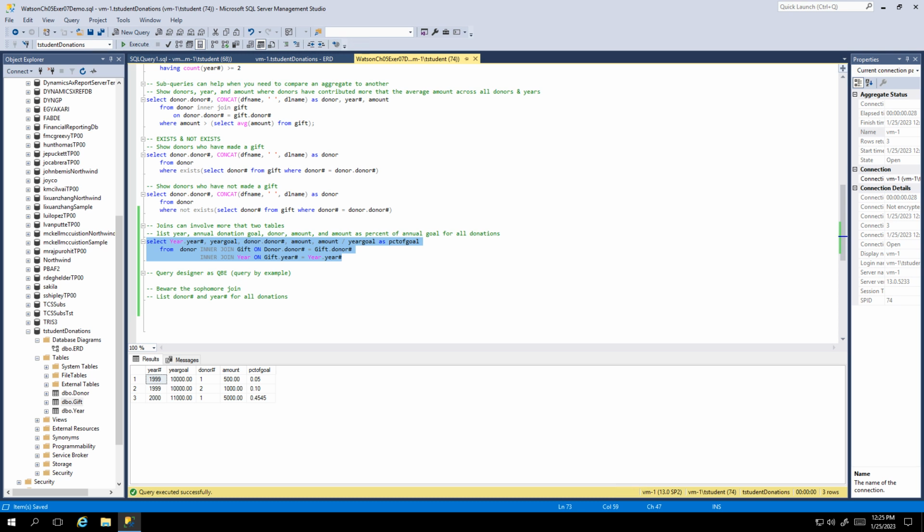Actually, the way I've done it, I didn't need the donor table because I can get the donor number from gift. But if I wanted to have the donor name in this table, I would need the donor table. But now as I look at it, since I didn't include that donor name bit,